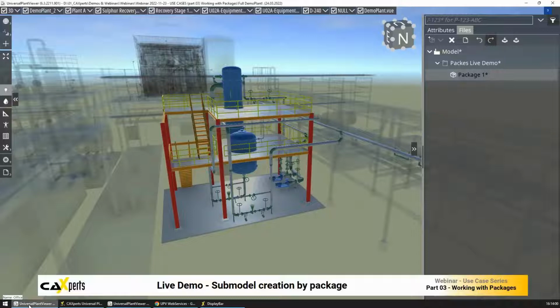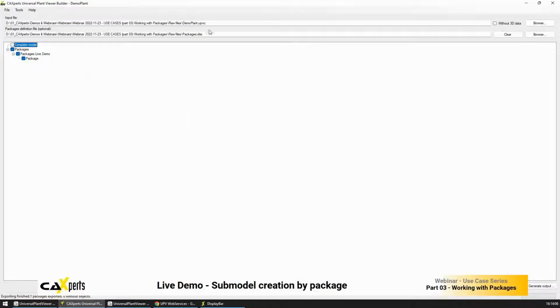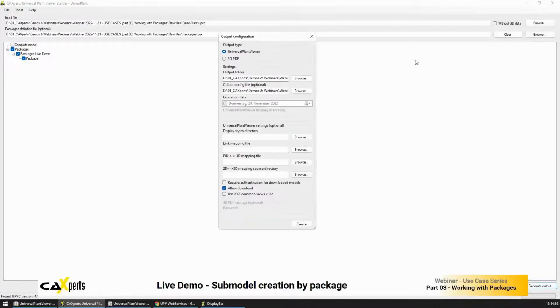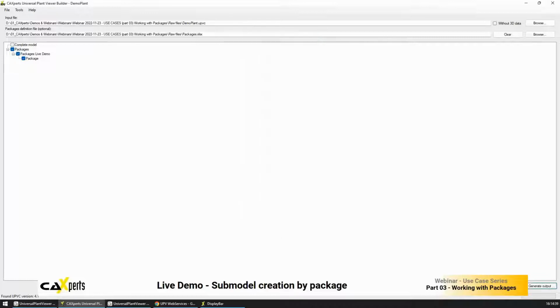How does this work? Basically, in the UPV builder, I load my UPVC or UPVM file, and I define a package definition file to use. In this case, I've used the previous version of this packages file, and it gives me the option to generate the complete model, which I turned off, or from the packages, I have packages live demo, package, and I actually want to create a model just from this package. So I can now generate the output,